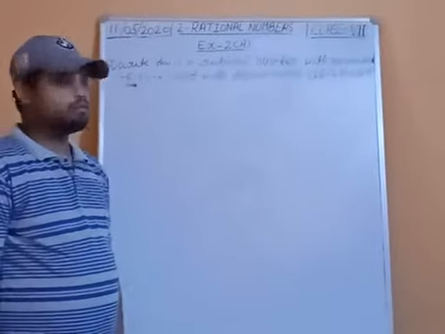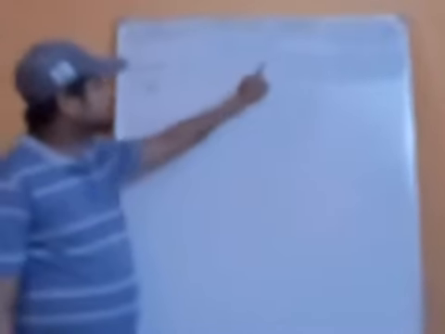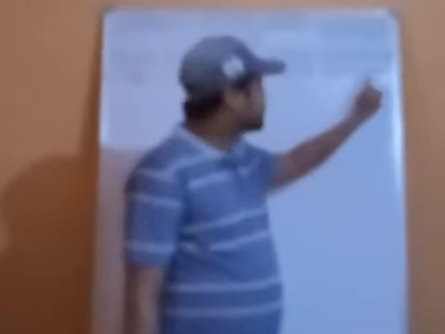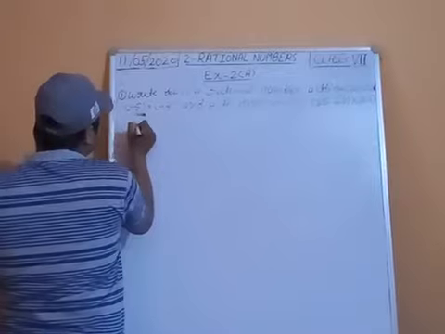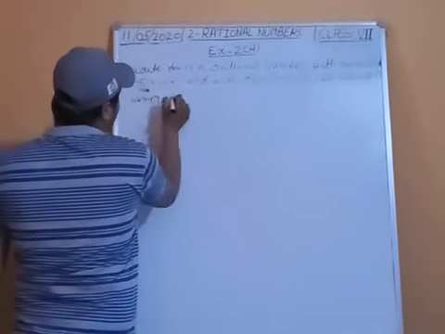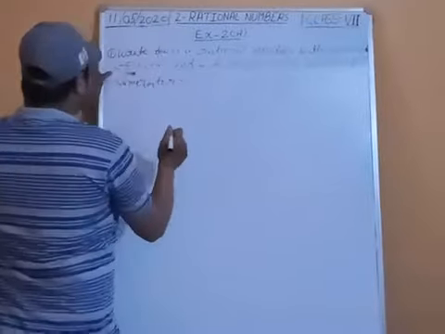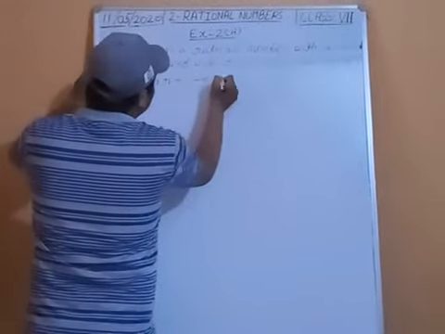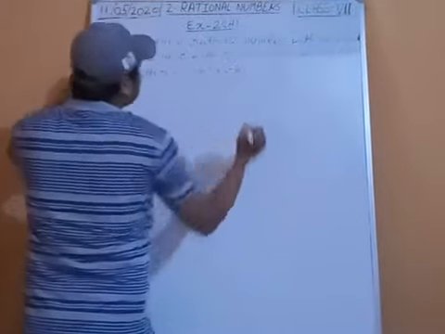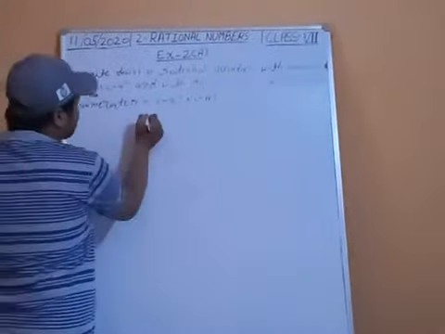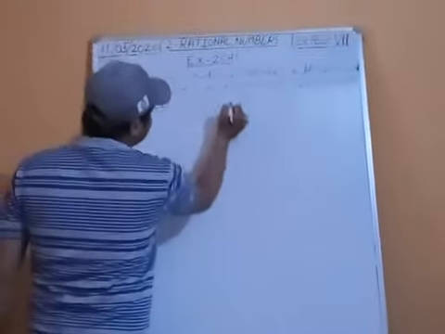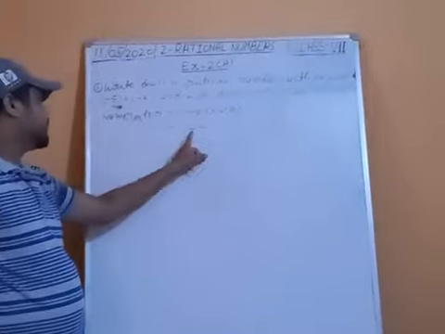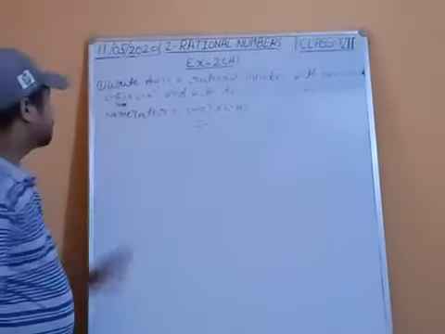So first sum is, write down a rational number with numerator minus 5 multiply minus 4 and with denominator 28 minus 27 multiply 8 minus 5. So first of all, we will write the numerator. Numerator is equal to minus 5 multiply minus 4. This we will solve first. So 5 fours are 20, minus minus plus. So numerator is 20.